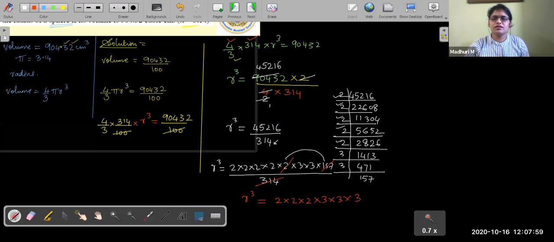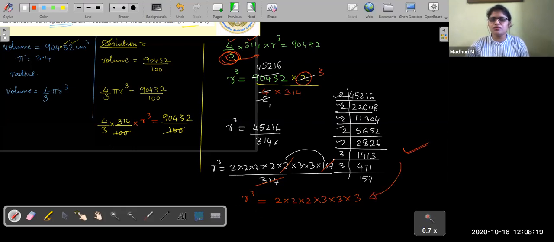Yes. Over here, the calculations part, this was actually a 3, because when we move this 3 to the other side, we need to put a 3 on the top, right, students? So this was a 3 actually, but this calculation is perfect. You can just rely on this calculation. You would get something like this once you prime factorize.